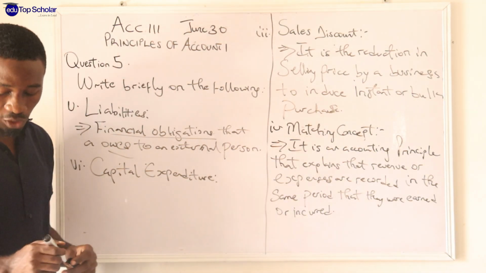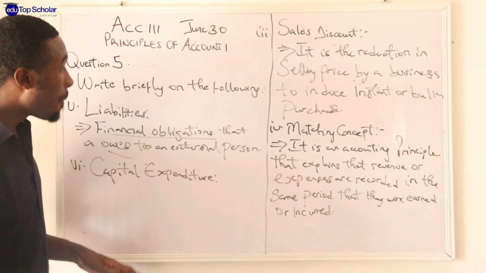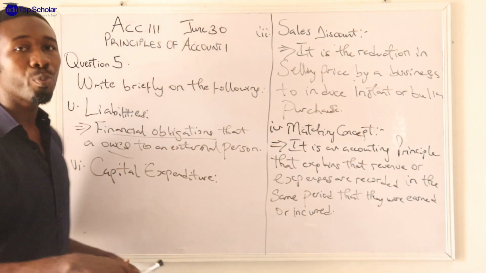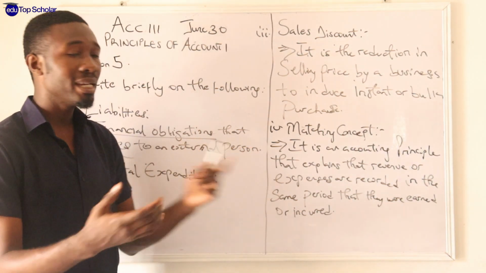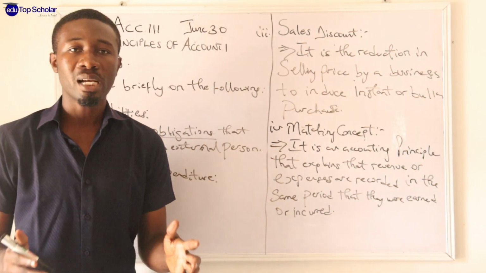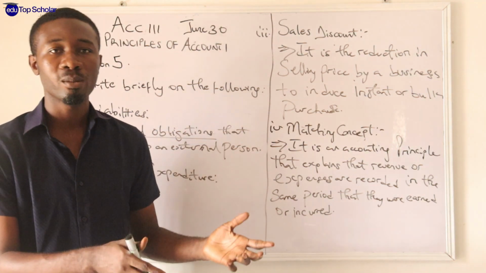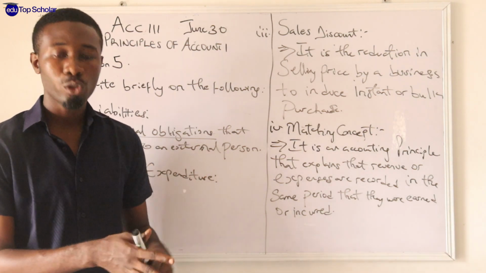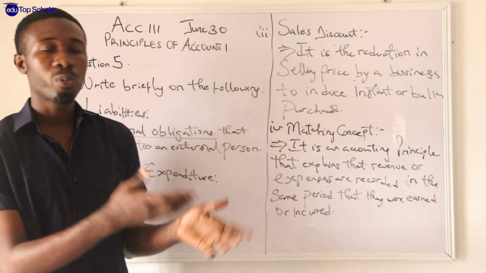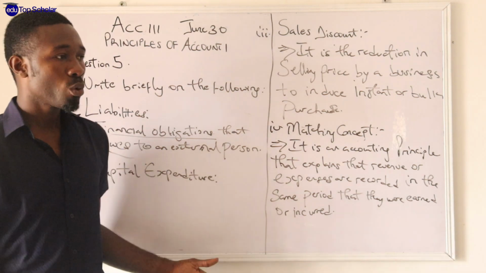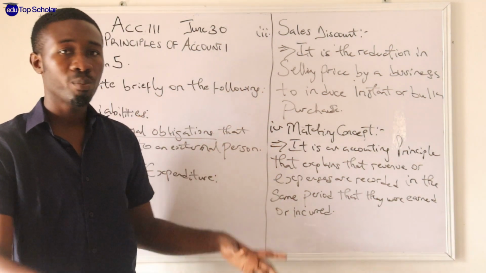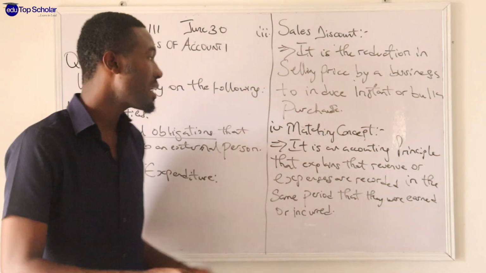So capital expenditure, just like the name implies, they are money or funds that you spend to improve the business. They are capital in nature. For instance, money that is used to construct a building is capital in nature. And why do you want to construct a building? For instance, you are a production company and then you want to expand business. So this kind of money that you use to construct a building for the purpose of the business is called